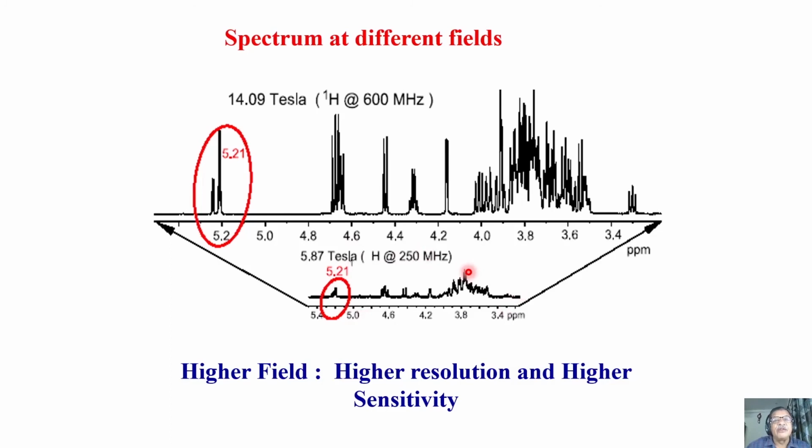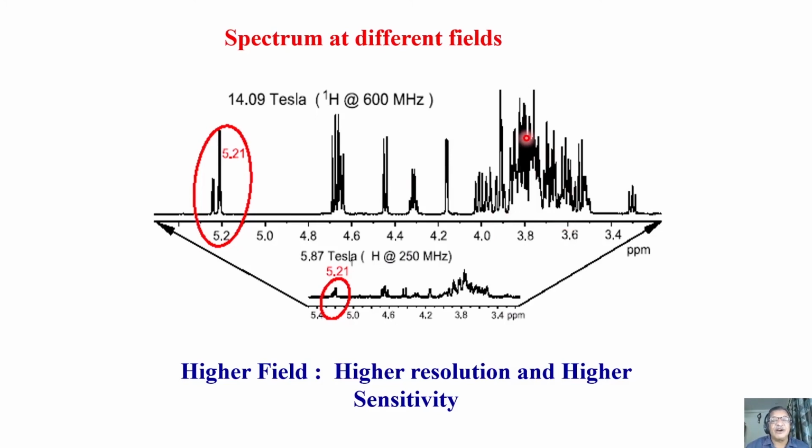Now, let us say you have the pleasure of using a high frequency spectrometer. You have an opportunity to record it at 600 megahertz, the same molecule, the same solution which you have prepared in the NMR tube, which I showed you in one of the classes. Take it and put it in a 600 megahertz spectrometer and then record the spectrum. See the range now. The same ppm scale, I'm not changing, 3.4 to 5.4. It remains the same. But look at the chemical shift dispersion and the type of spectrum you get here and here. Are you not getting better and better resolution here? Are you not getting the intensity much better here?